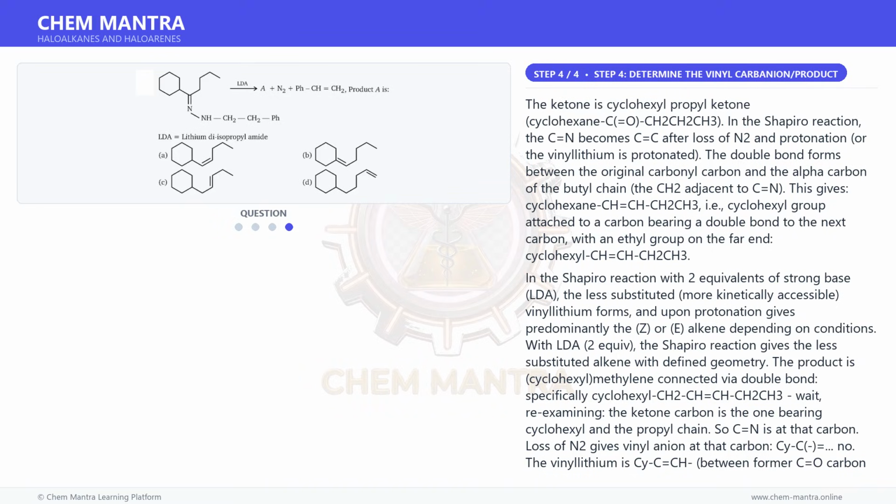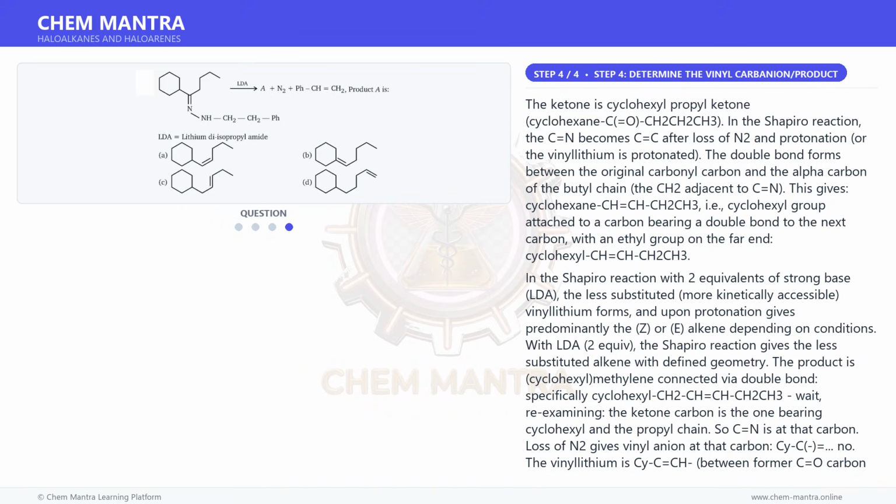cyclohexyl CH=CH, CH2CH3. In the Shapiro reaction with two equivalents of strong base, LDA, the less substituted, more kinetically accessible vinyllithium forms and upon protonation gives predominantly the Z or E alkene depending on conditions. With LDA, two equivalents, the Shapiro reaction gives the less substituted alkene with defined geometry. The product is cyclohexyl, methylene connected via double bond, specifically cyclohexyl CH2CH=CH, CH2CH3. Wait,